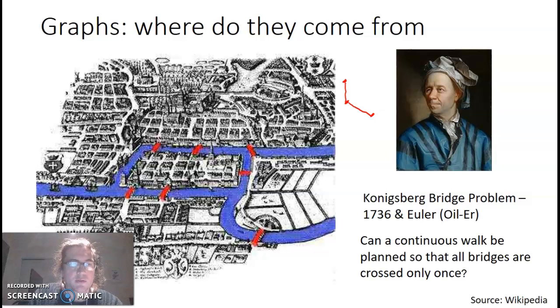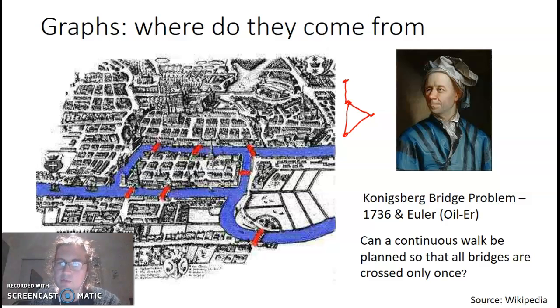Hey guys, welcome to a series of videos on networks and graphs. This first video is on what are graphs, basically, and I'm going to talk to you now about where graphs come from. So in a minute we'll learn more about the key terminology, but a graph is basically something like this, where you've got a series of dots and then lines, and we want to devise key information from that and solve problems.